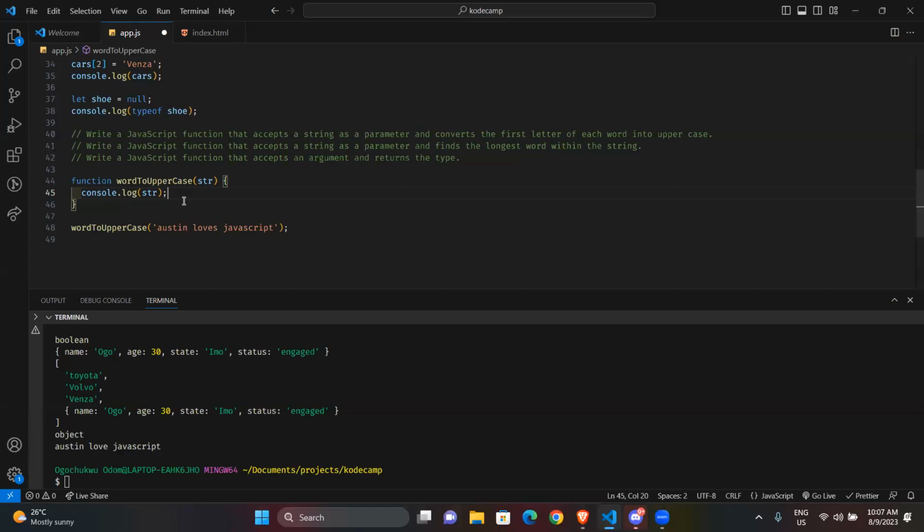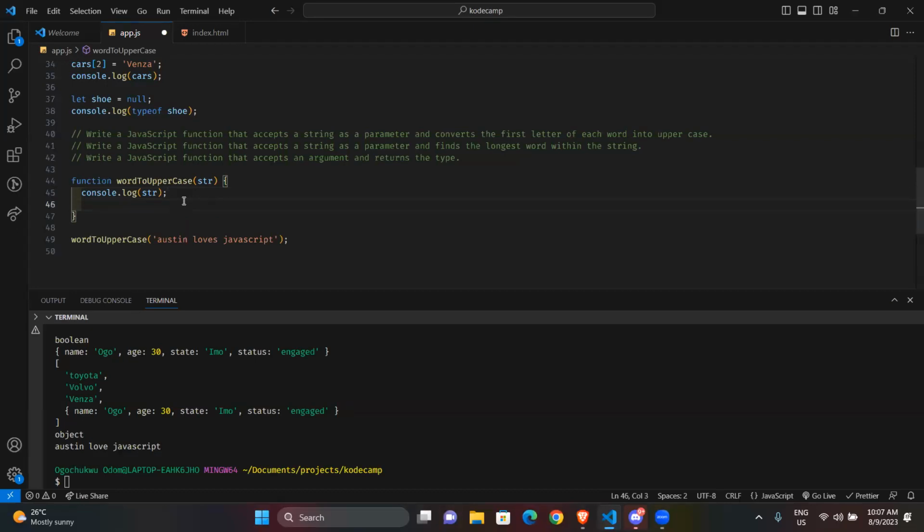So when you get that string, you're supposed to break it down so that it knows there are different words that make up this string. So you need to tell it, yeah, this is a string, but I need you to break it down such that we can pick each word and then do something with this word. We want each word to start with an uppercase.